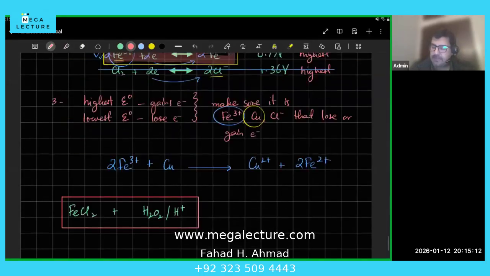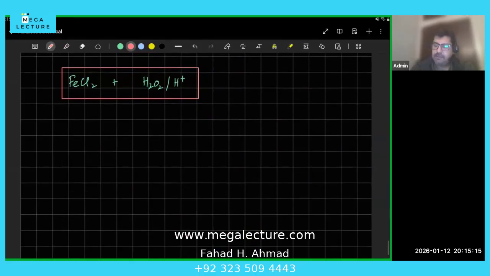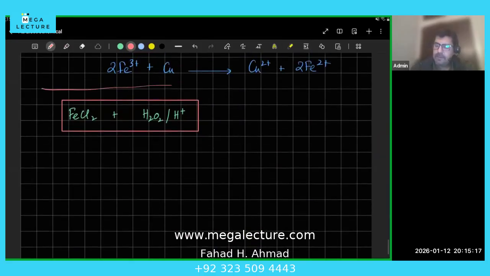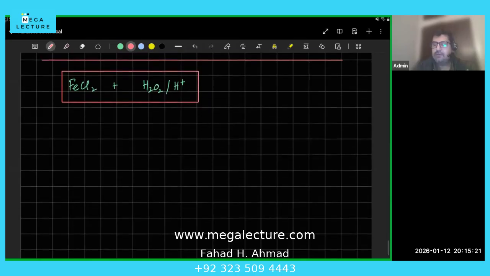So Skinner, we did steps last time. We did this. I mean, there were a few steps that you had to follow. Number one was that you're trying to figure out who's going to gain electrons, who's going to lose electrons, right? And then you figure out what the redox reaction is. So उसमें step one, ठीक है, just like last time. Step one is you first identify your reactants. Like what are the species that you have?